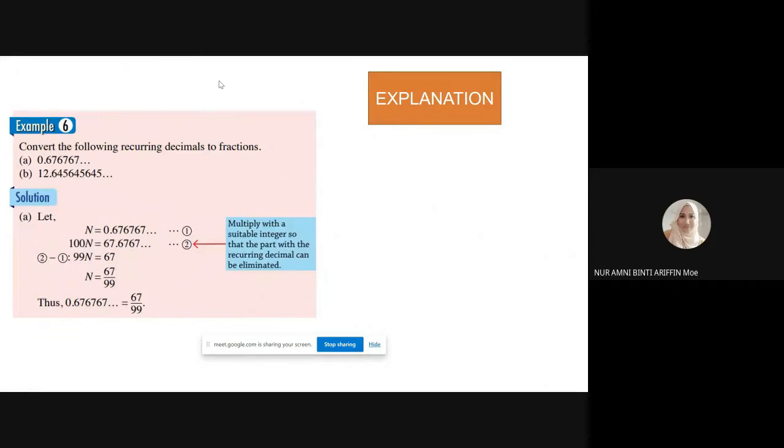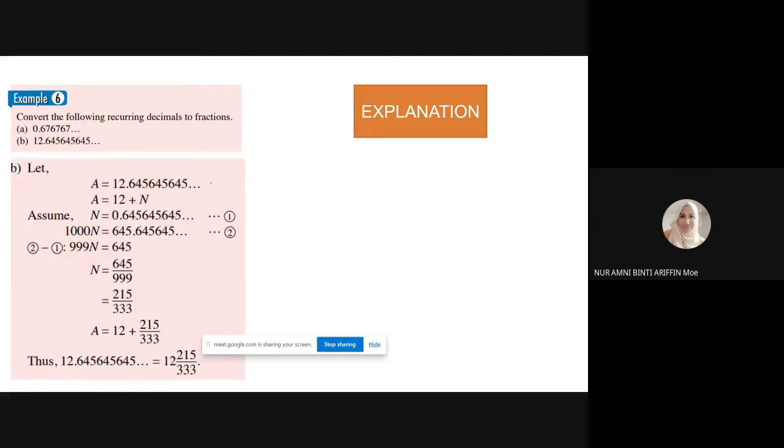Those who didn't join last night's lesson, you can refer to it after this. I will post the link on YouTube, and you can also refer to your textbook. Okay, how to convert the following recurring decimals to fractions. If you refer to the textbook it's fine, and then watch my YouTube as well. So this one and this one, that was last night. Okay, for today,